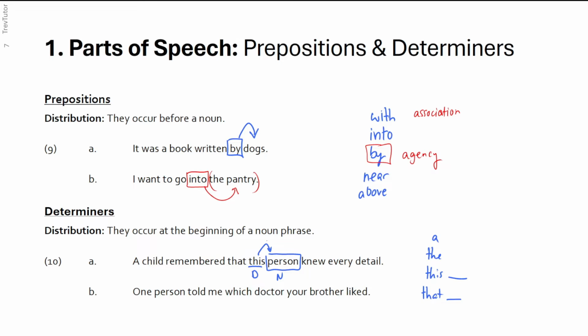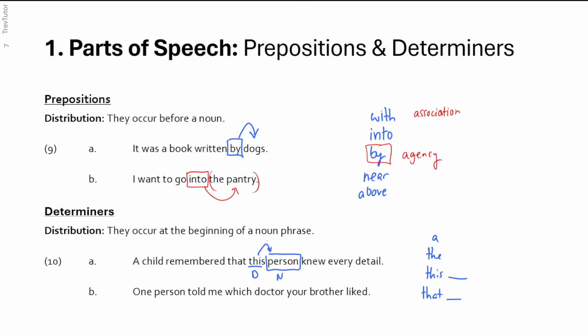So "a" would be singular, "the" would say it's a unique thing that exists, and "this" and "that" would be singular instances of location. So "this person," obviously this comes with maybe a gesture in speech, but this would be someone that has been identified that is relatively close versus "that person," which might be further away or outside of the